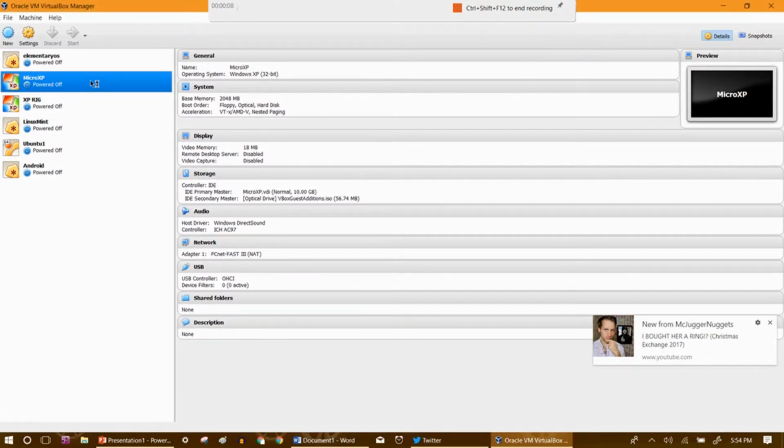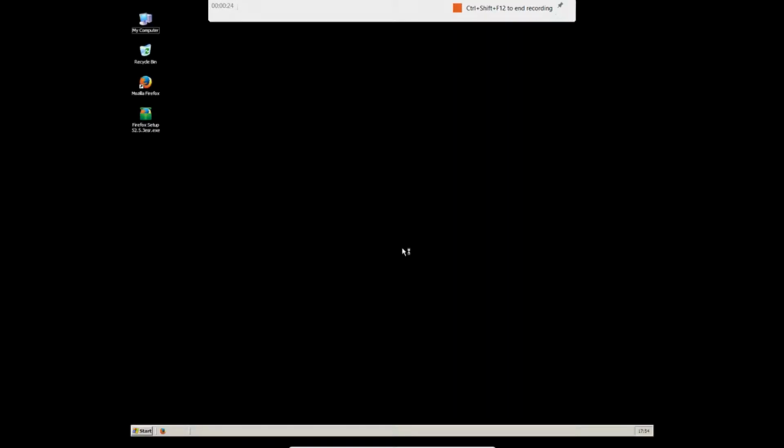So let's start it up. It usually takes about 5-7 seconds to boot. It's pretty fast to boot. So here we are in the MicroXP desktop. So it is very, very basic. Obviously the black background says a lot about that. But another thing that screams basic